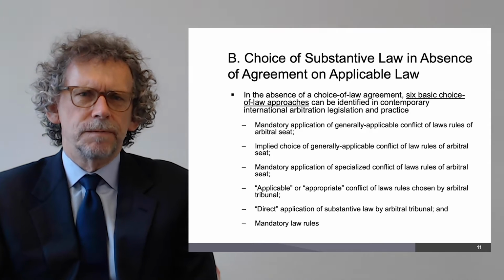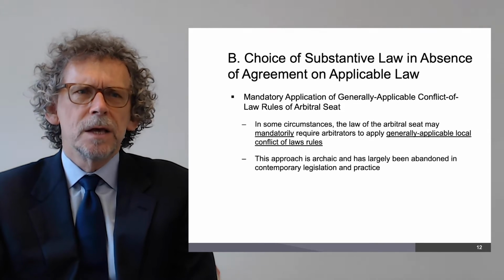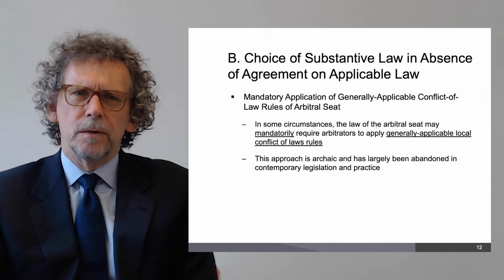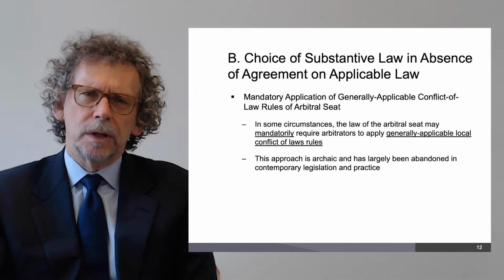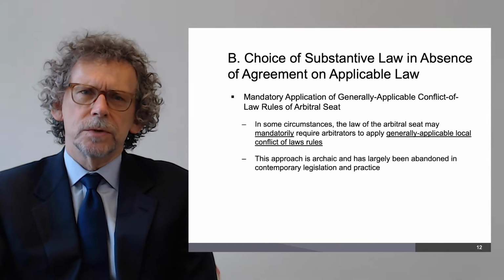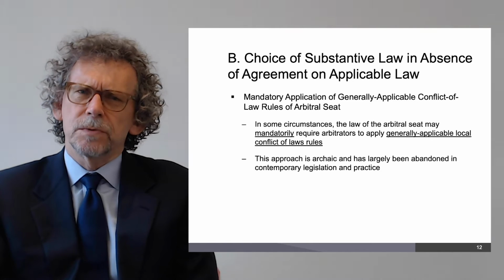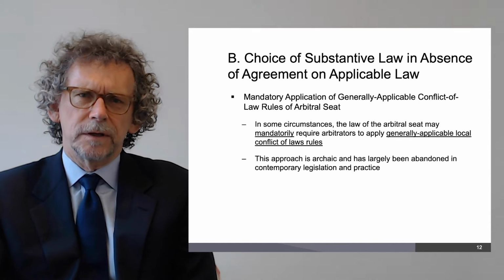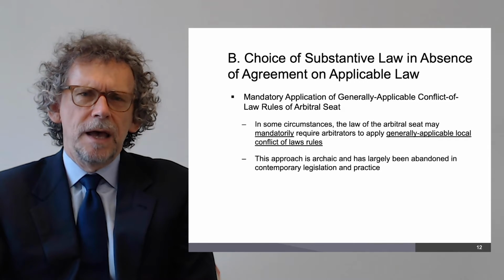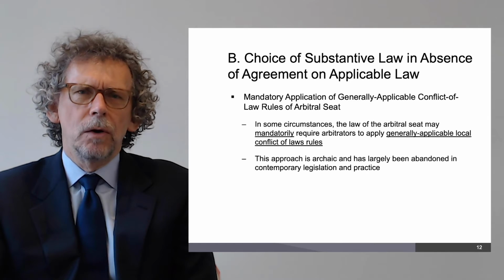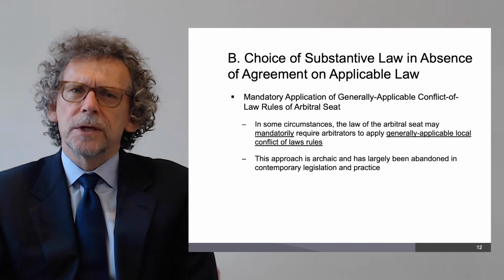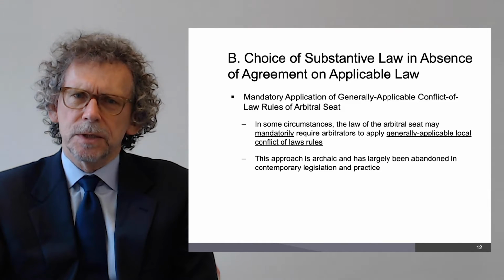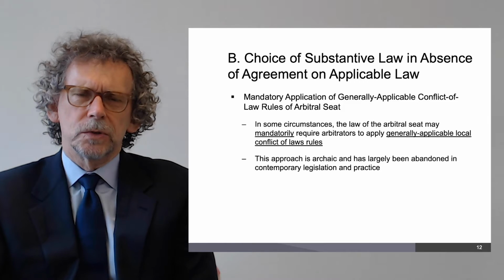You can see those 6 basic choices on the current slide. Some arbitral tribunals are required by the law of the arbitral seat mandatorily to apply the generally applicable conflict of laws rules of the arbitral seat. These arbitral tribunals, and this was the historic approach towards conflict of laws issues in international arbitration, are required to act as if they were a local court, to apply whatever domestic choice of law rules a local court would apply. This historic approach has largely been abandoned today,